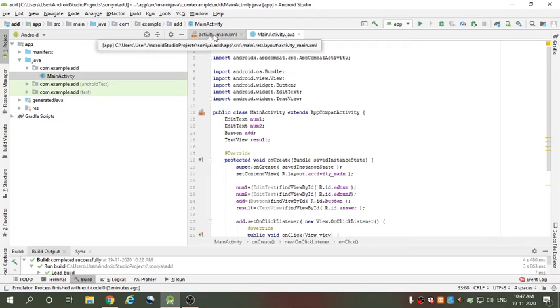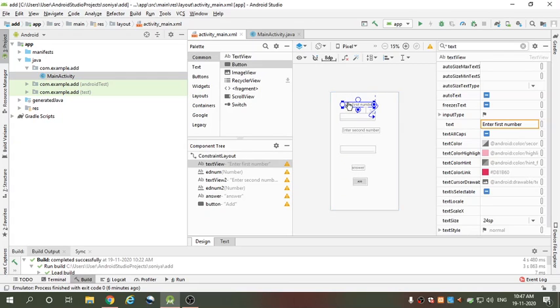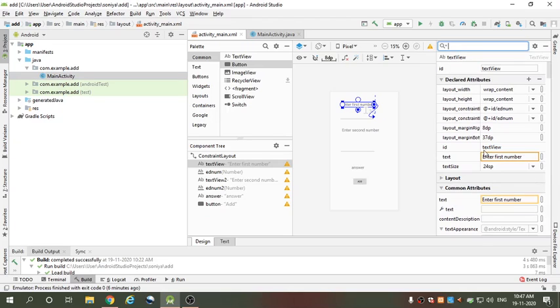In activity_main.xml, in the design part, I take 3 text views, 2 edit texts and 1 button. This is our first text view, and here I change the text to "Enter the first number", and the ID is textView.